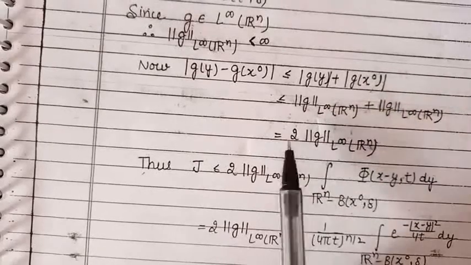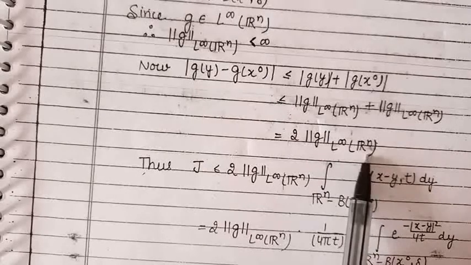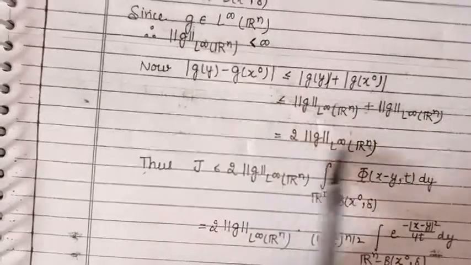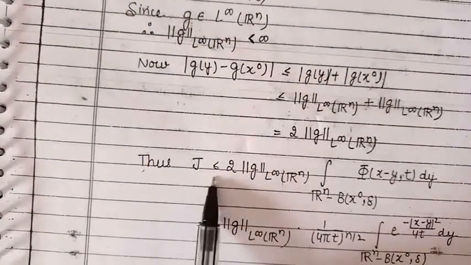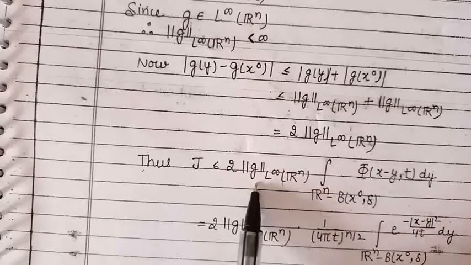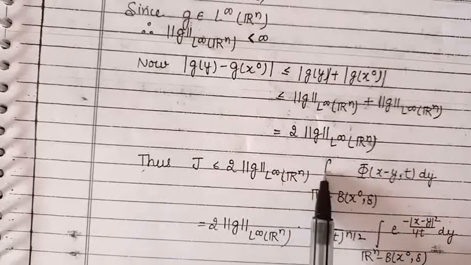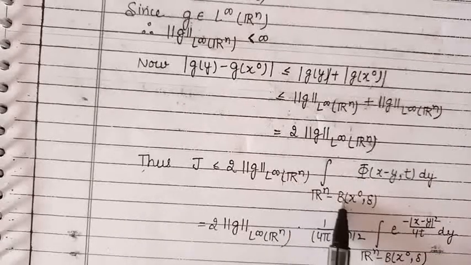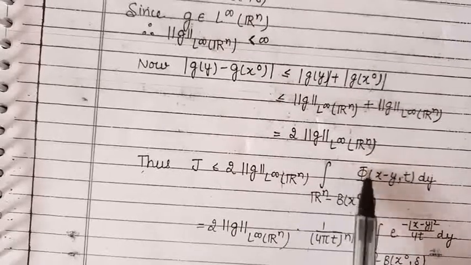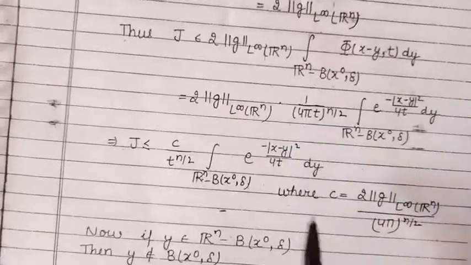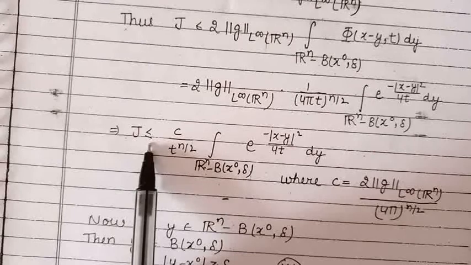So this will become 2 times norm of g on the space L infinity Rn. Now we can use this value here. So we can say that j is less than or equal to 2 times norm of g on the space L infinity Rn into the integral over the complement of the ball of the function phi. Now we can substitute the value of function phi, and so we have obtained j is less than or equal to this value